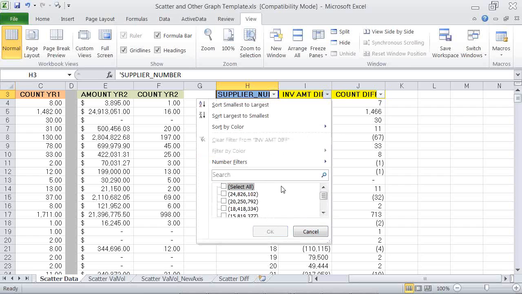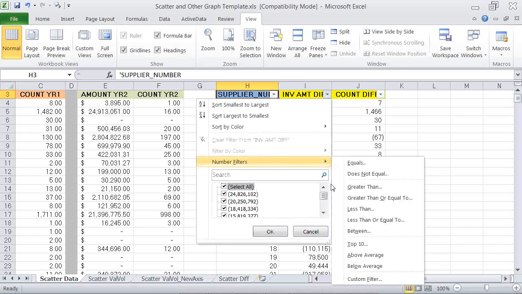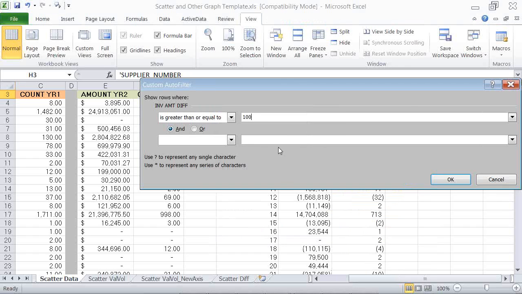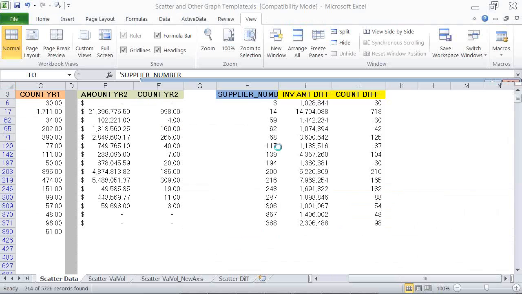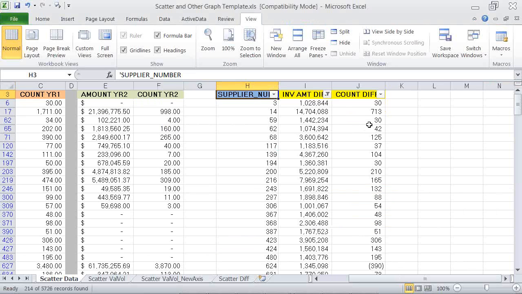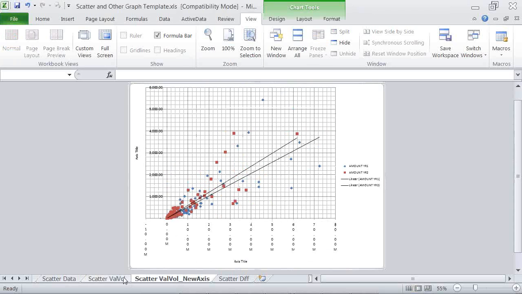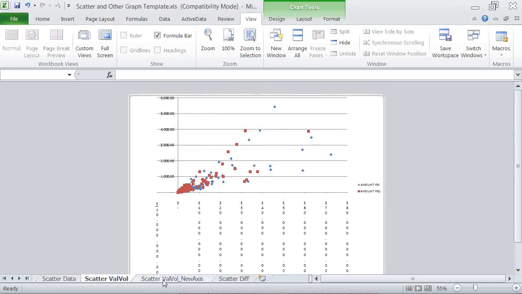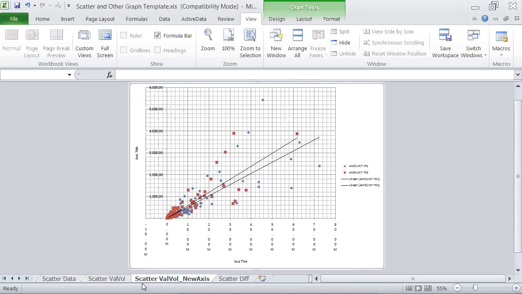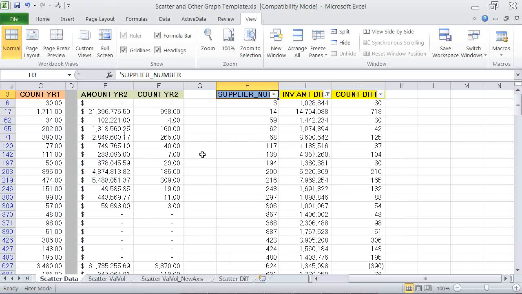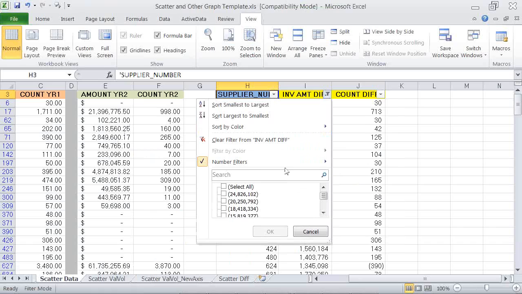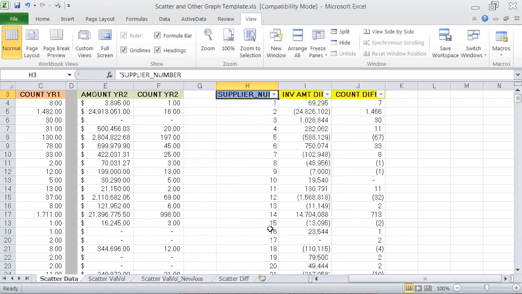Probably the easiest way would be greater than or less than or equal to, and get something more relevant for graphing purposes. Then go into your scatter value volume, and I think both sides of this should be, just taking a look now at that new set of data that I've allowed into it. All right.